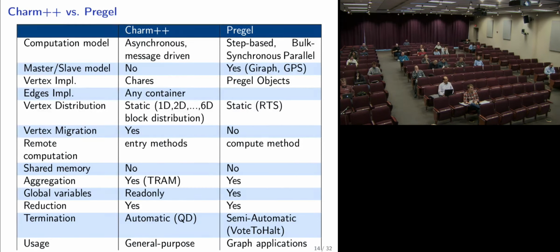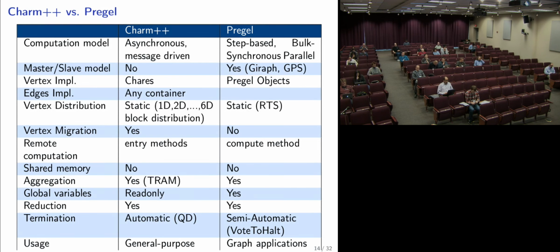Also, in Charm++ we are able to set numerous entry methods, while in Fraggle we have only a single one, the compute method. And in Charm++ we have an automatic termination detection mechanism,